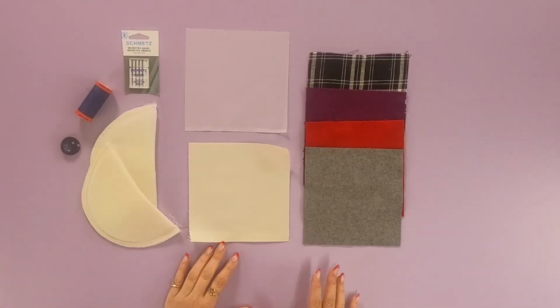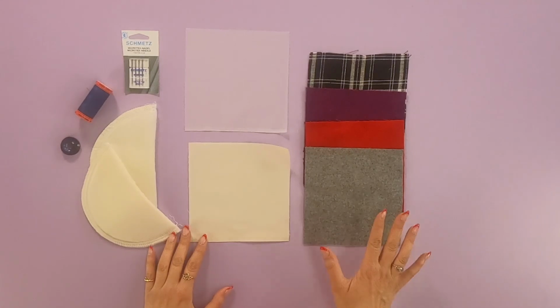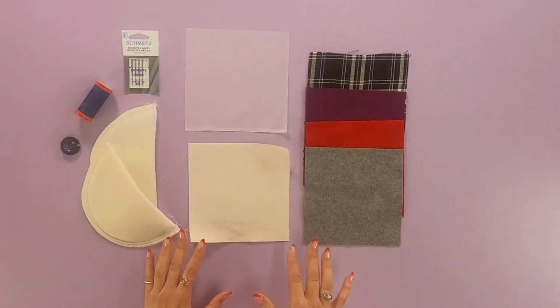Okay, so the next thing we're going to talk about is the recommended fabric and supplies for the Lillian jacket. As always, you can go back to the book and see our full list of recommendations and supplies in one place, but I'm just going to kind of talk you through some options here, especially with the fabric. I feel like it's good to know what some of the more standard options are that work really well for